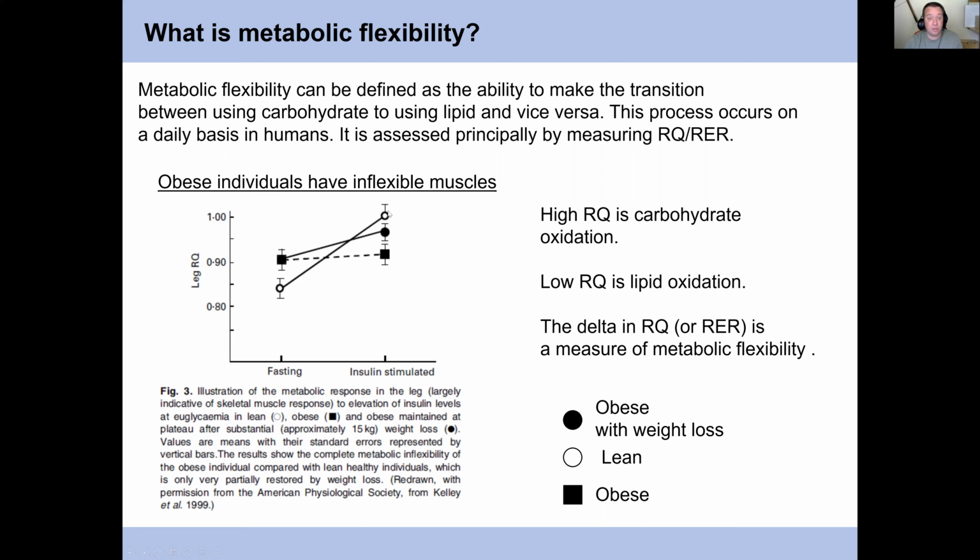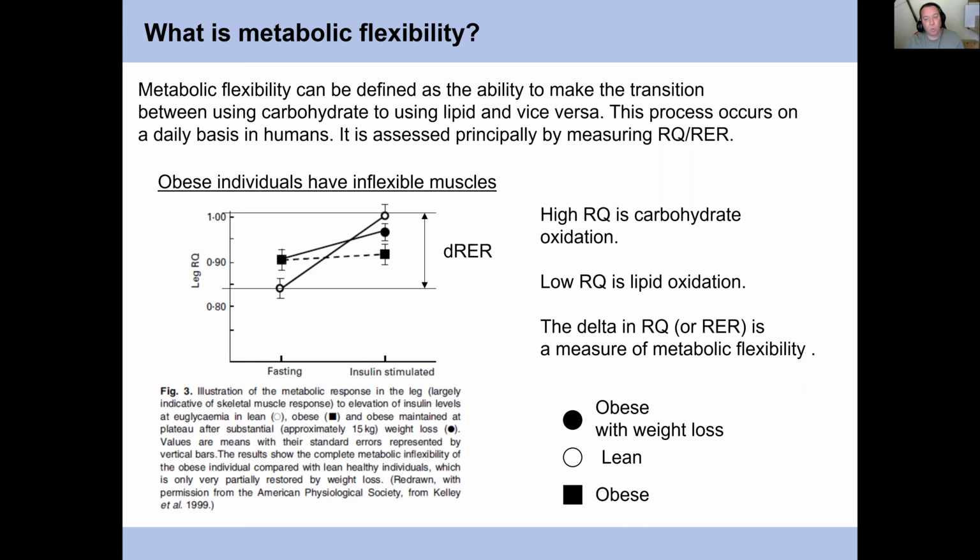And they use that glucose, which is a carbohydrate, and they oxidize it for fuel. Conversely, in the fasted state, these lean, healthy individuals, their adipose tissue is releasing lipid, and they're able to get down to an RER, in this case, of about 0.8384, and they're using the lipids that are being provided to them. And this difference between the fasted and, in this case, the pseudo-fed state, delta RER, can be considered metabolic